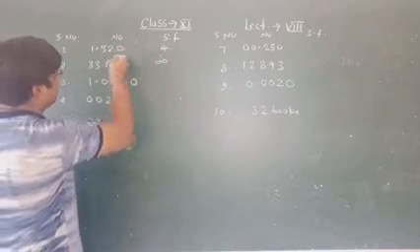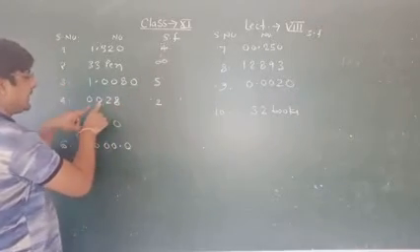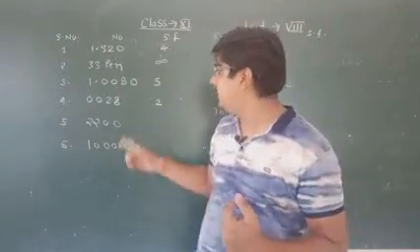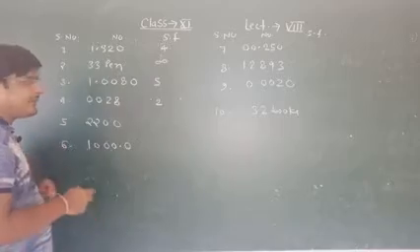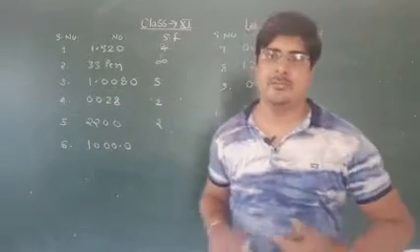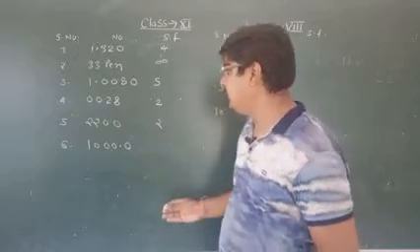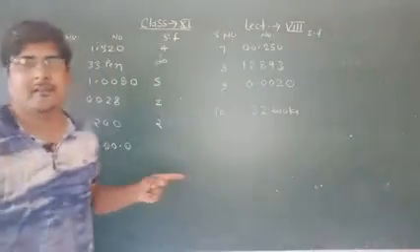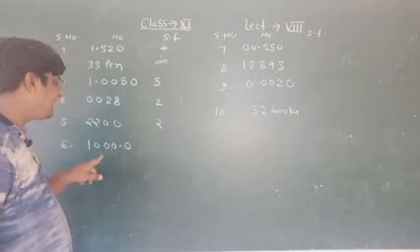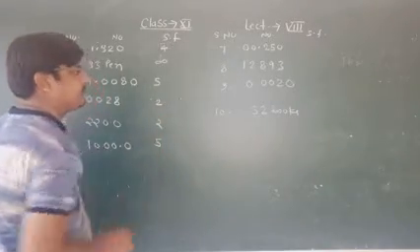Here the significant figure, same question, here the significant figure is 5, here 2. The 0 present just before a non-zero number is not included in significant figures, so here the significant figure is only 2. Here the significant figure will also be 2. Here 0 is present after the non-zero number, but there is no decimal point, so the 0 will not be included in significant figures. Here a decimal point is present, so all the 0s will be counted in significant figures. Here the significant figure will be 5.